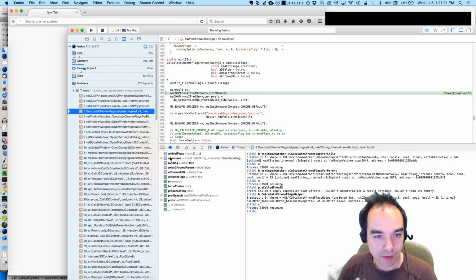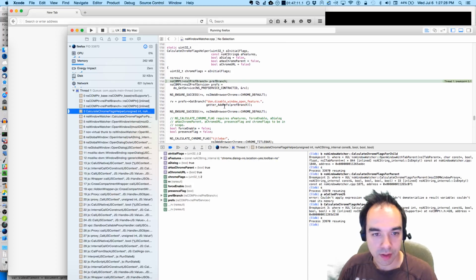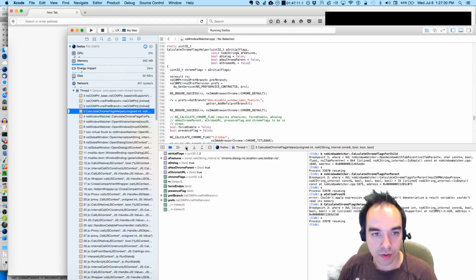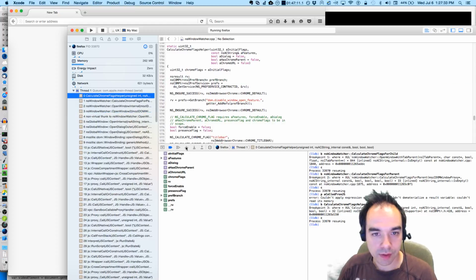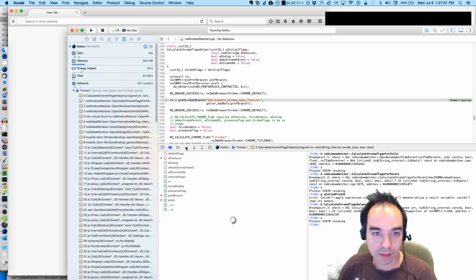Initial flags to the features is that string, location is yes. And so we're going to go through each of these. Painfully slowly. I'm demanding much from my machine right now. I'm doing a build, I'm streaming this whole thing, and I'm debugging Firefox.